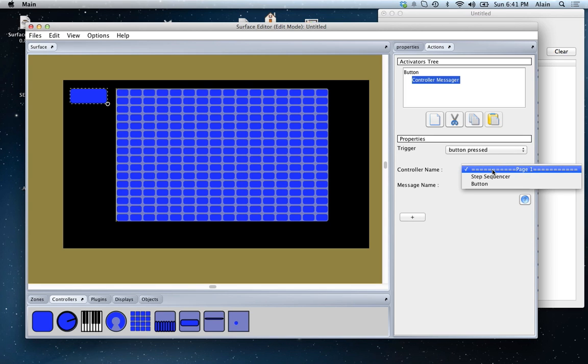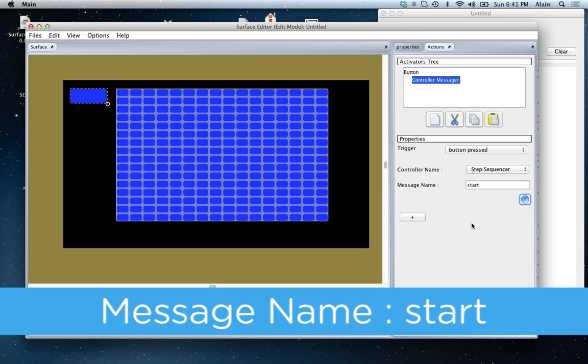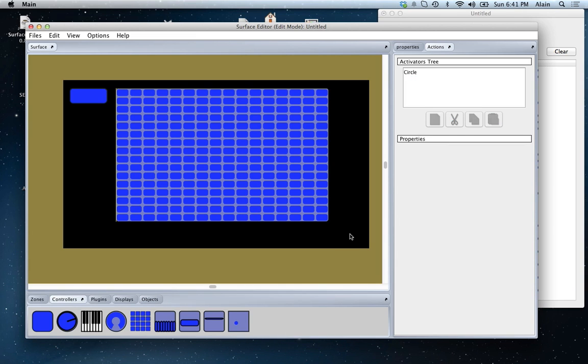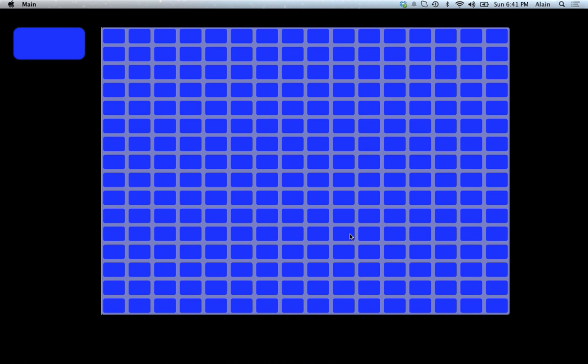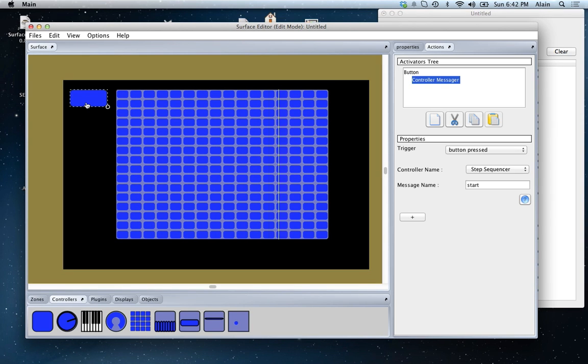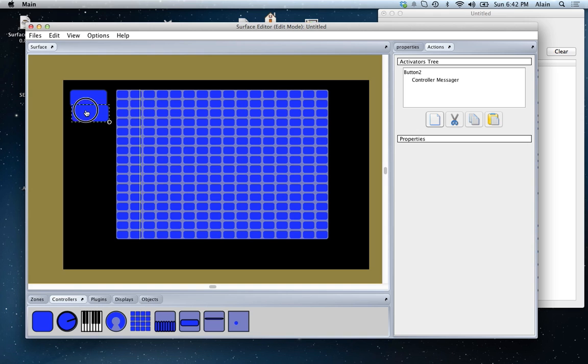The controller name, you see in the list of all the controllers that are available. So we choose the step sequencer. And the message name. So in order to start the step sequencer, the command is simply start. So at this stage, if we go in play mode, as you see, it's working, but there's nothing to stop. So we're just going to duplicate this button